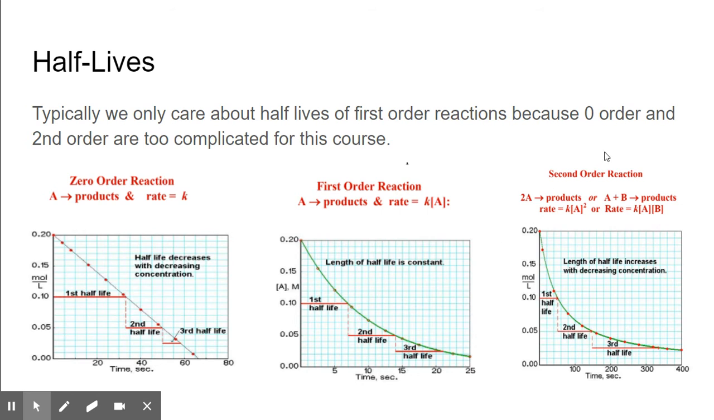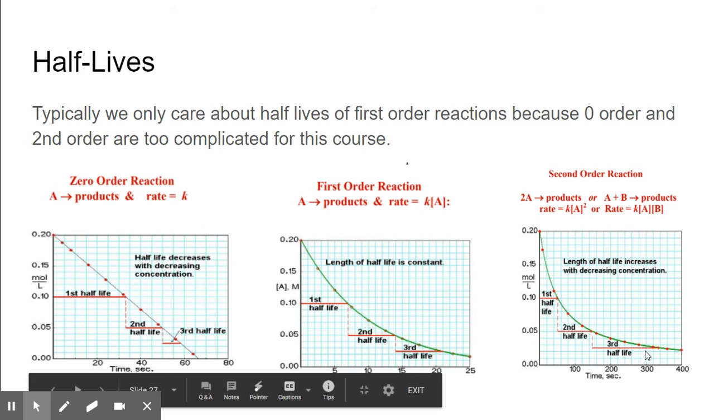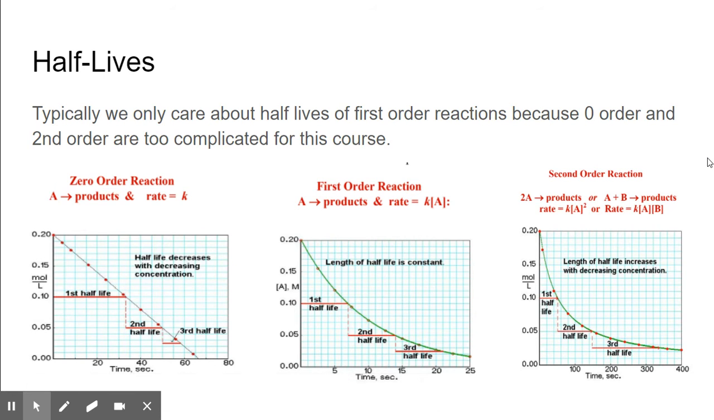Okay. And then finally, second order reactions. Second order reactions, they happen really fast at first, and then they start to slow down. So the half-life is really short in the beginning, and then it's much longer in the end. So it takes much longer for half of the stuff to disappear. Okay. So again, most of the time we'll only be dealing with first order, but we can do 0 and